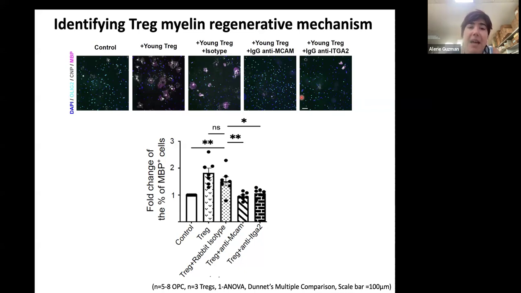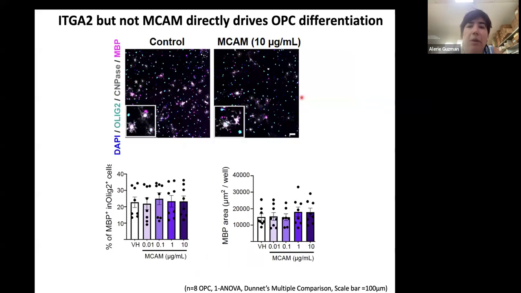If that's the case, it's plausible that these two molecules could directly affect OPC differentiation, and maybe we could use those molecules as a direct effect on OPC differentiation. So we tested that in vitro. We first exposed neonatal OPCs to MCAM in increasing dose, and we saw no effect. OPCs were differentiating at the same level as control. But when we did this with